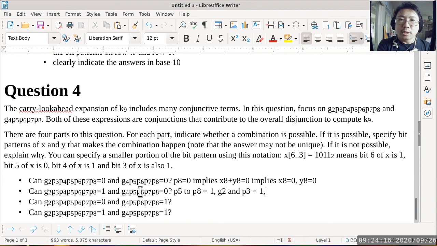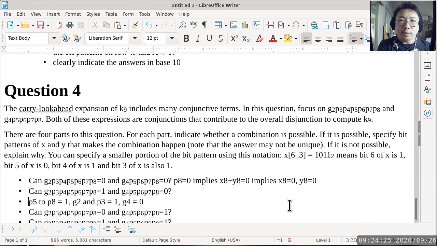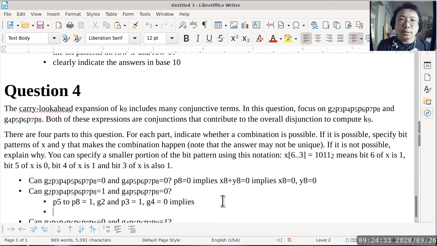But at the same time, we want G4 to be a 0. Now we want to look at this and go, okay, so what does that tell us about the values of x and y? So we now say this implies, for P5 to P8, that's easy because it's a disjunction. So that means